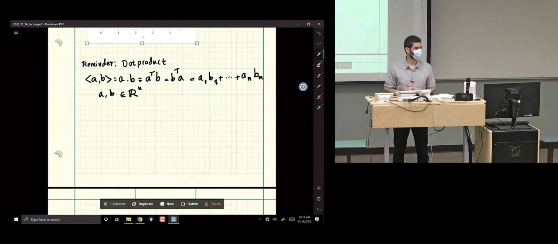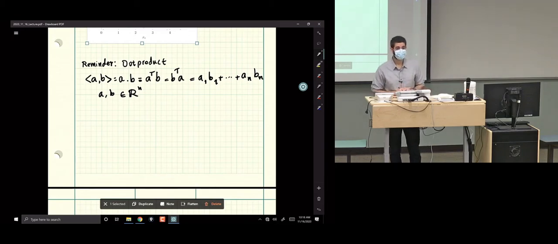These are just some vectors. And the dot product is just a component-wise multiplication and then adding all the terms. Okay, so now when the dot product of two vectors is maximized,